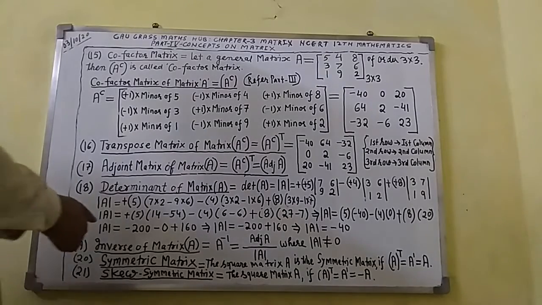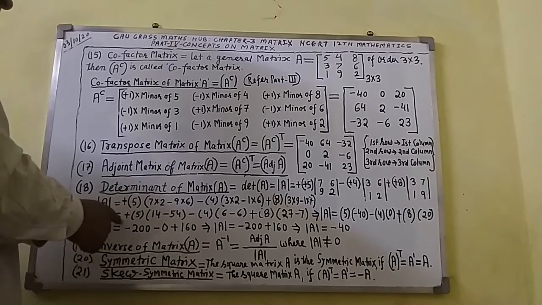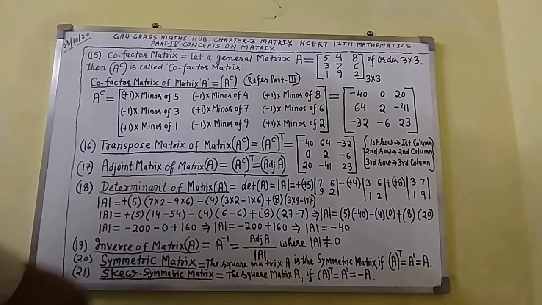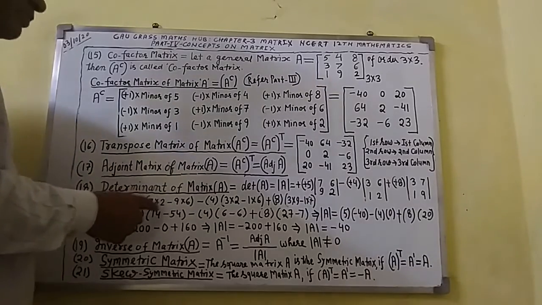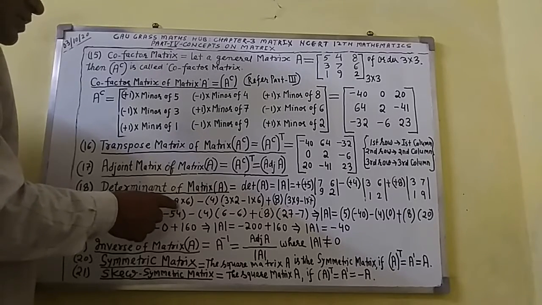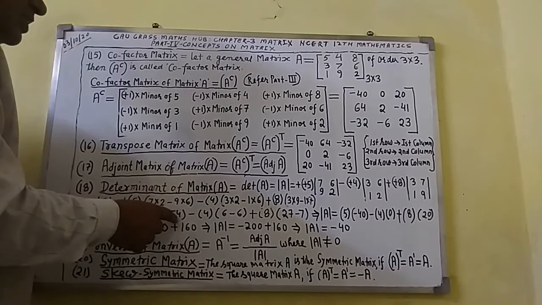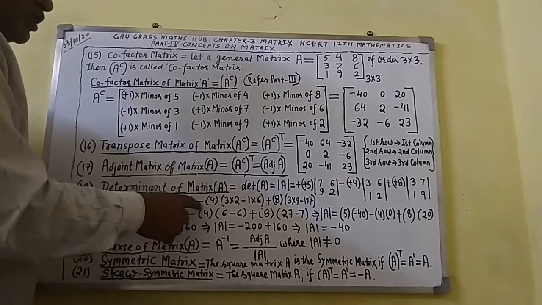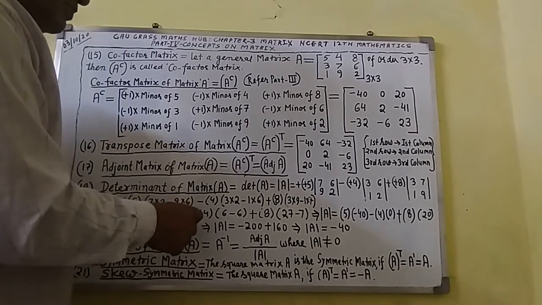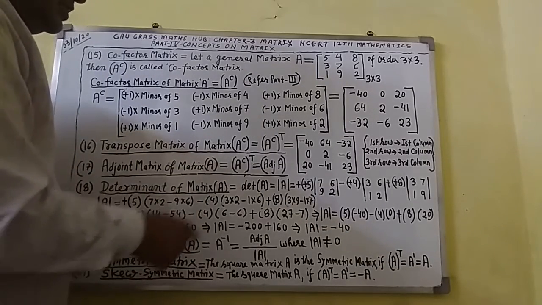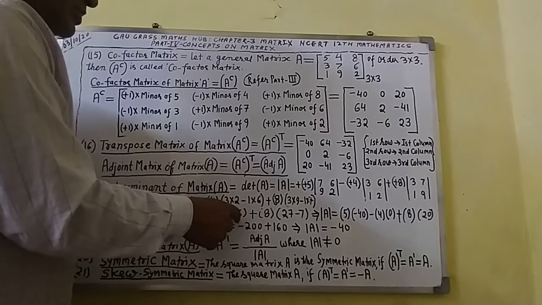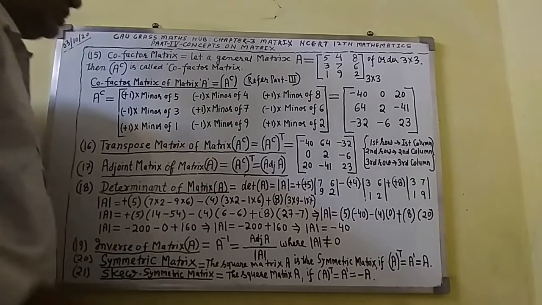After that, you will get det A equal to plus 5, in bracket, I have written 7 multiplied by 2, 7 twos are 14. Minus sign fixed here, 9 times 6 gives 54. This minus will come at this place. Plus 4, 4 is there, I have written. 3 times 2 is 6, and 1 multiplied by 6 gives 6, with minus in between.